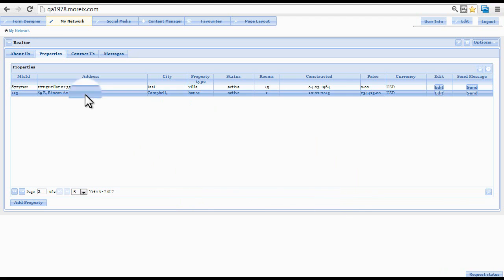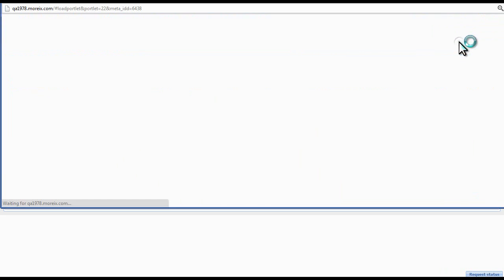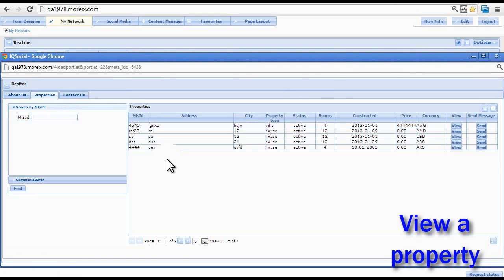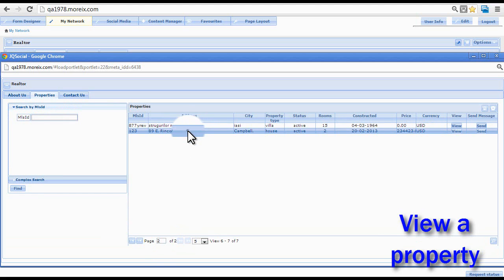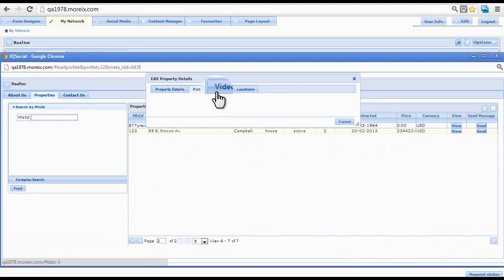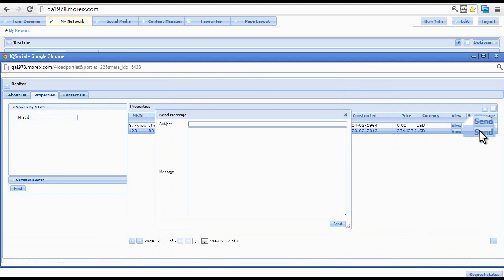Now there is a pop-out button at the right side which we will use to see how the widget appears to a user. In the pop-out window that appears, we can see the details of the company. In the About Us tab, we can see all the property details in a view format. We cannot edit or make any changes, the user cannot do that, but we can see all the details. And we can click on the send button to send a message, just as we had seen in the previous case.